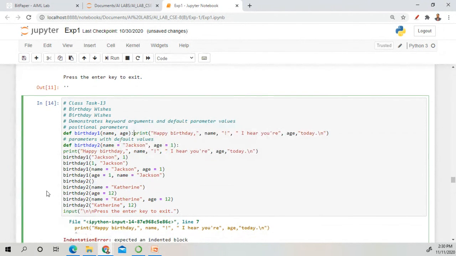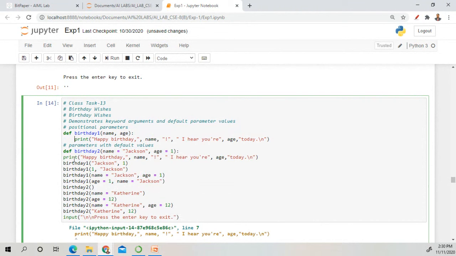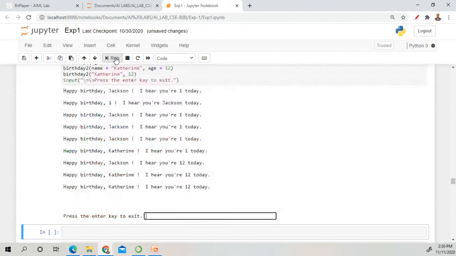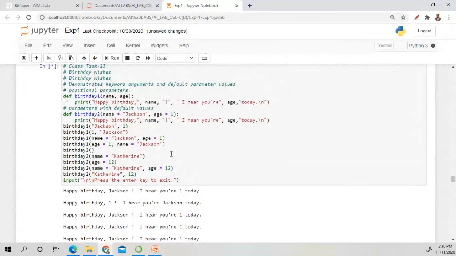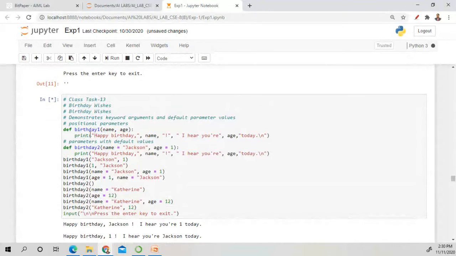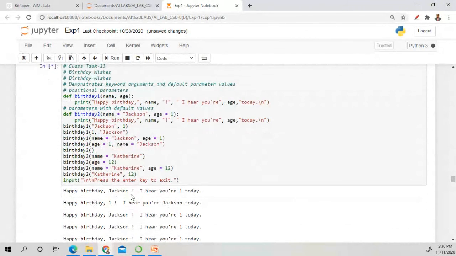Indentation should be proper. You can see from here we have not properly given the space. That's why it created the error in the previous two attempts. Okay. So now the indentation is proper and it's showing us the output right here.